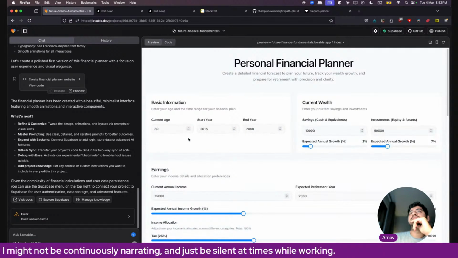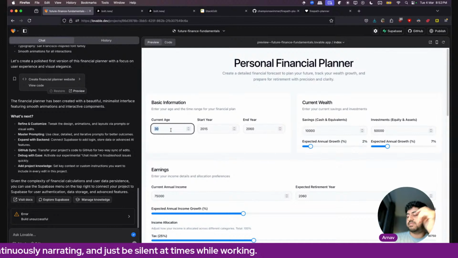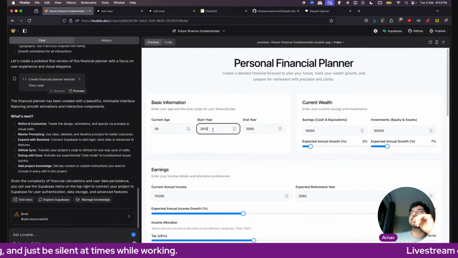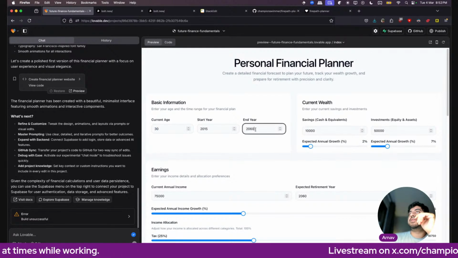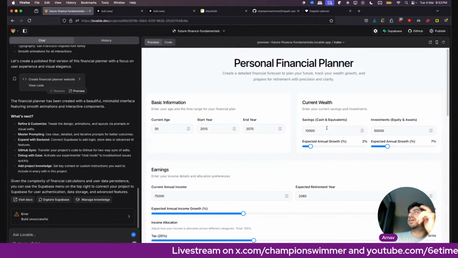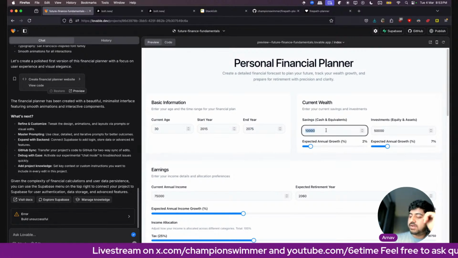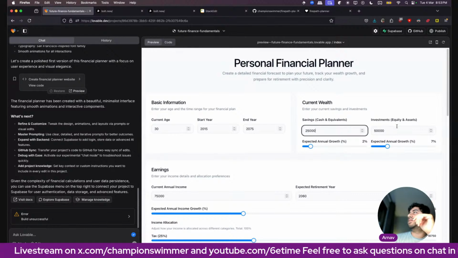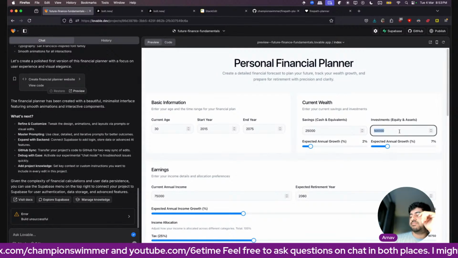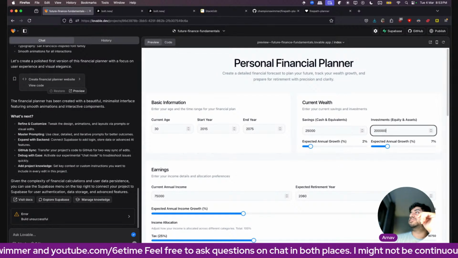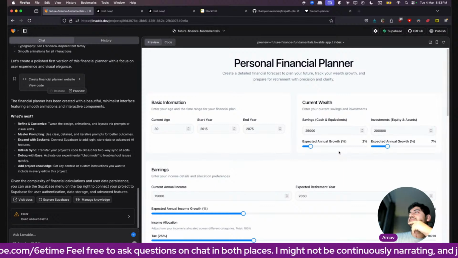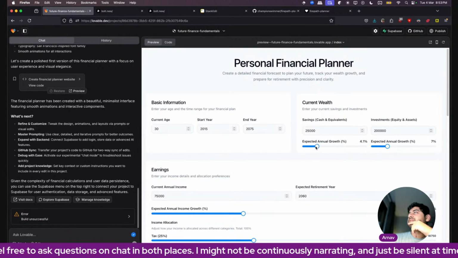Let's go with, let's say, 30 as age. Okay, cool. I think start year 2015, end year 2075. Current wealth, let's say savings are 25,000. Investments, say 200,000. Expected annual growth of savings, maybe I expect 3.6%.